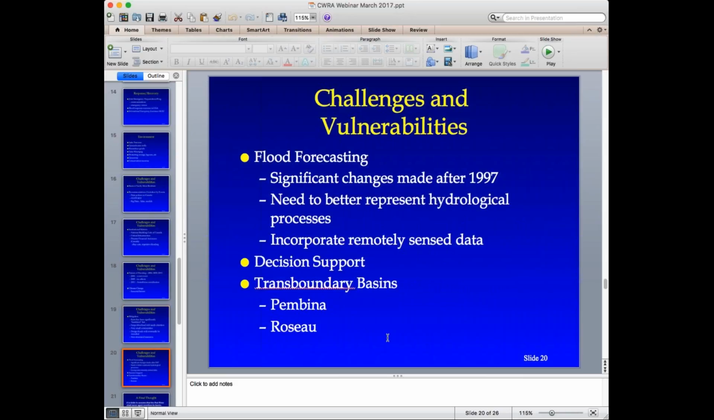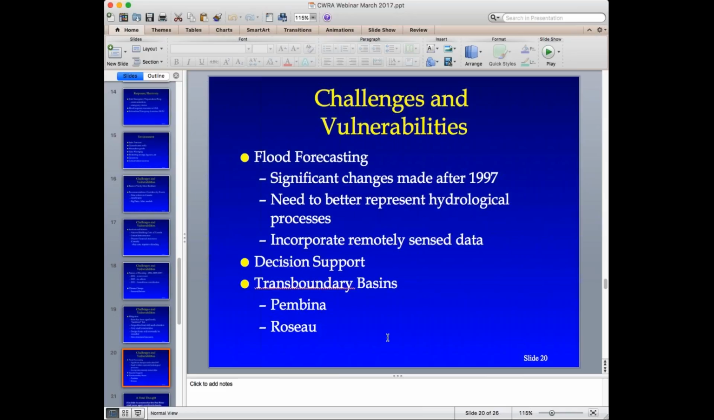And just one more thought on some other challenges and vulnerabilities. There were significant changes to flood forecasting made after 1997, but flood forecasting has moved along considerably in what can be done. I think there were rapid changes post-1997, and now I think there's an opportunity to incorporate hydrological processes